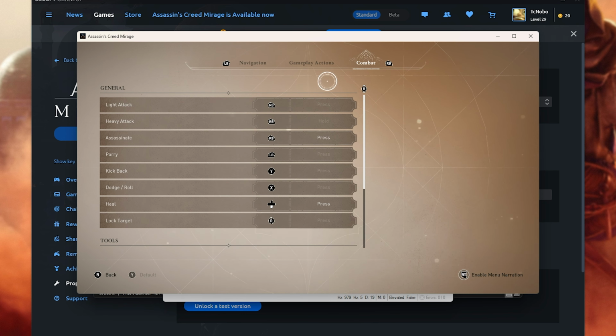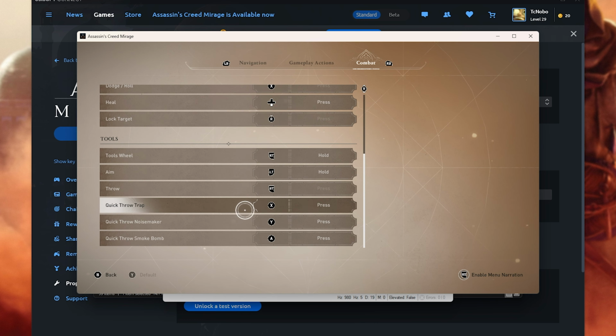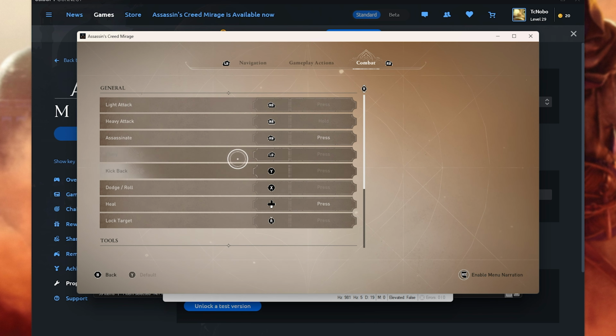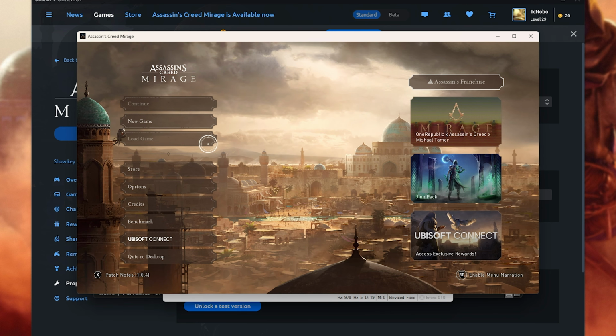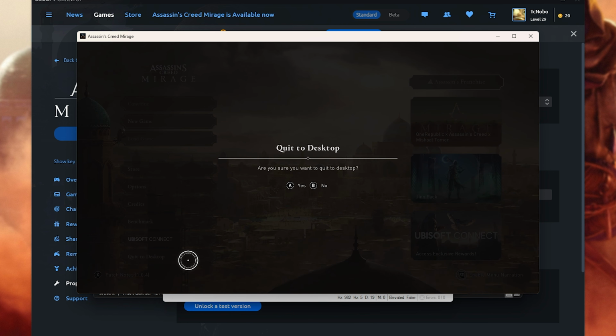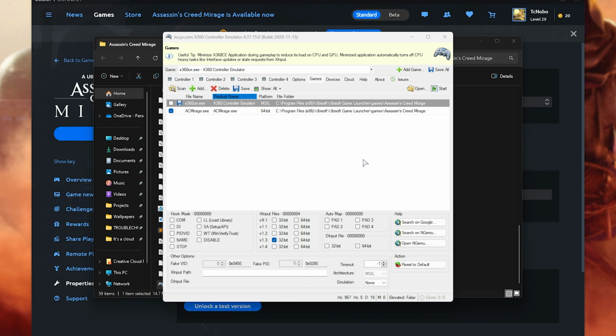Assuming they're not already set or you're having issues using any one of these options here, simply head back to the section, select it, and make sure it's set properly for your controller, as buttons, movements, etc. may not be set exactly as you'd expect, as we're using an Xbox 360 controller emulator. That's really it. In the future, to play the game, you should be able to just launch it up manually,